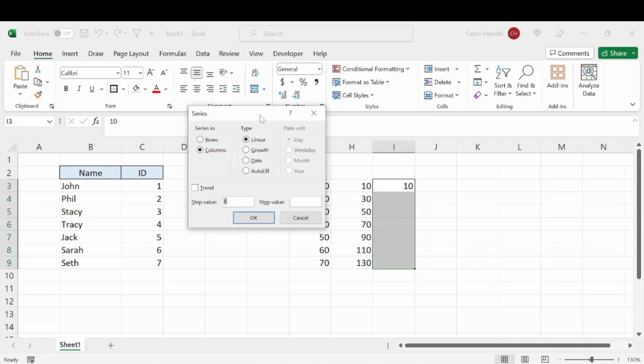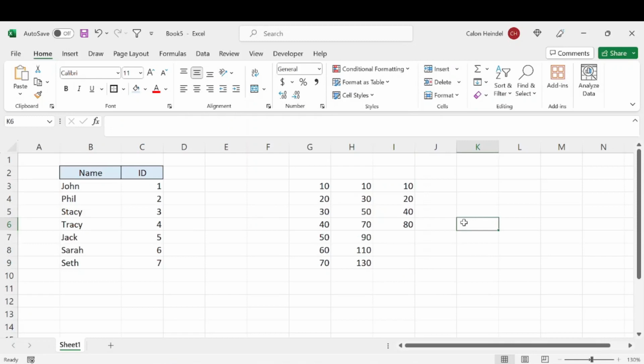And honestly, the best way to learn how this works is to hit this question mark. You can get some help from the Microsoft.com website. But let's just say for this we want growth. We want it to grow by 2, and our stopping value, let's say, is 100, right? So essentially what this means is that it's going to multiply each cell by 2, and it's going to stop at 100. So we'll hit OK, and then we can see,